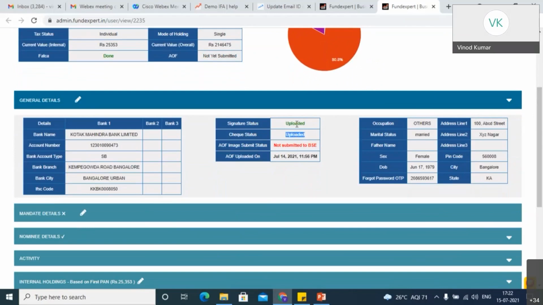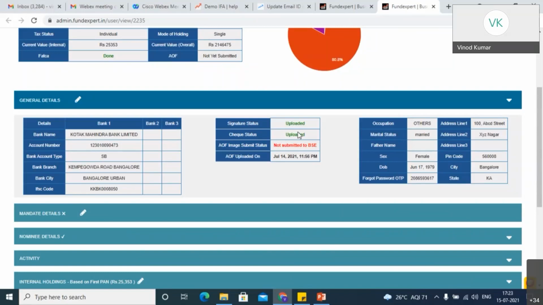See, there has sometimes been confusion. Earlier, before April, BSE used to accept investments without submitting the AOF. At that time, we were just marking it true without uploading the signature and cheque image. But now, after April, they have made it mandatory for whoever was onboarded in the meantime, or now, to upload their signature and cheque image and submit the AOF for doing a transaction. Otherwise, the transactions will get rejected.